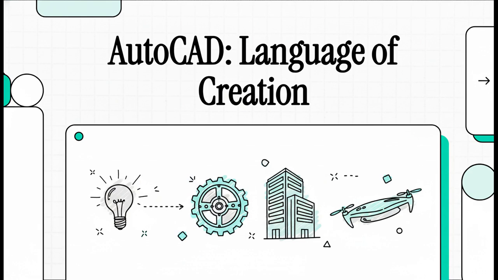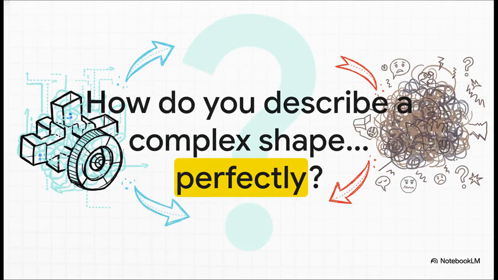Well, that whole journey, from an idea in your mind to a real, physical thing you can hold, that's one of the biggest challenges in making anything. So yeah, how do you do it? How do you describe a complex, three-dimensional shape with absolute precision so there's zero room for mistakes or someone's personal